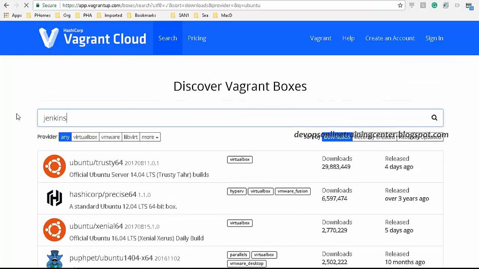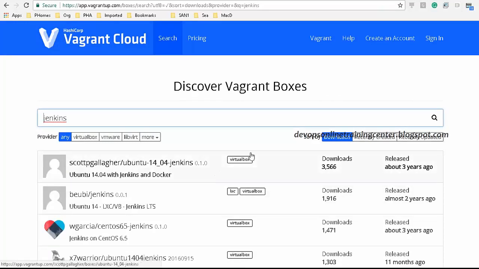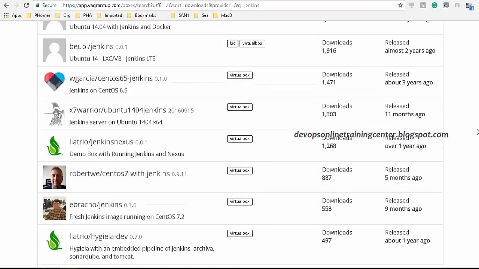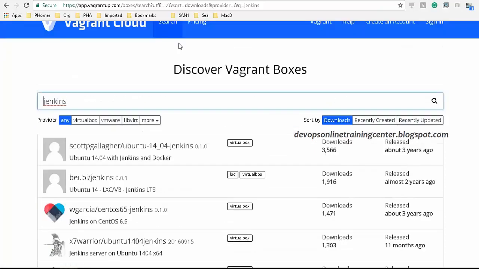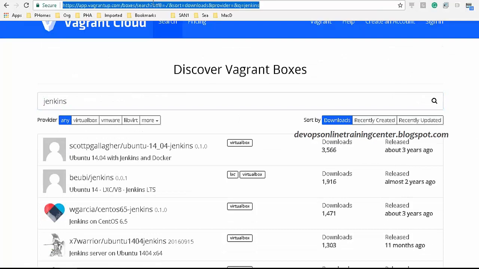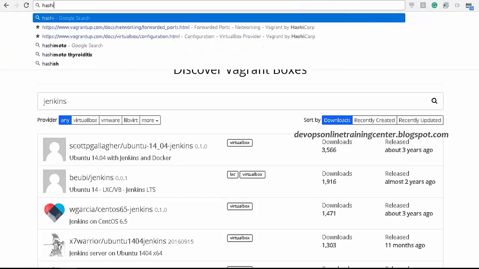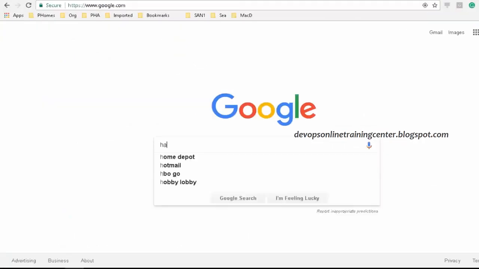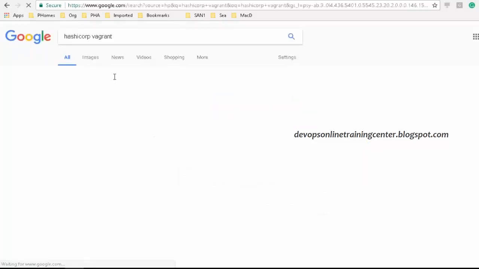Let us say you want to have Jenkins. A Jenkins-installed image will also be available. These are the images, and there is also another site, which is HashiCorp. Either Vagrant Cloud or HashiCorp Vagrant boxes.